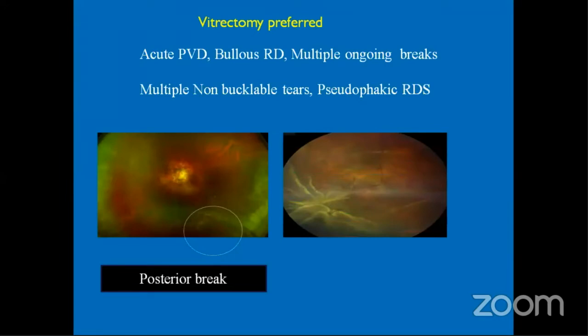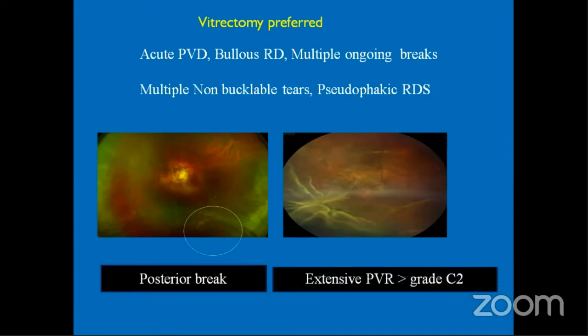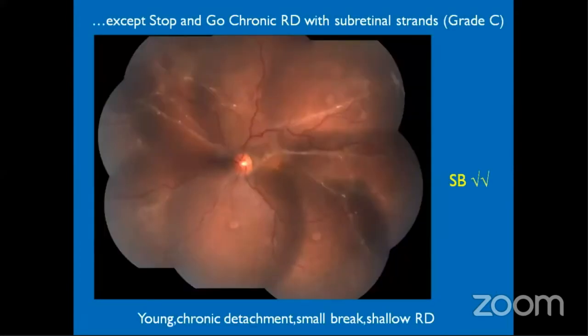Now, vitrectomy is preferred for cases with acute PVD, bullous retinal detachment, multiple ongoing breaks. Acute PVD can land with multiple breaks subsequently. Also multiple non-buckleable tears, pseudophakic retinal detachment, or a large posterior break. Extensive PVR more than grade C2 is again another relative indication for vitrectomy, except the stop and go type of chronic detachment,